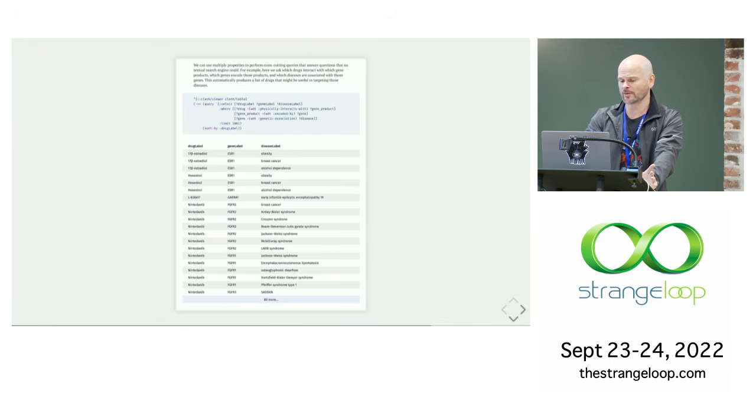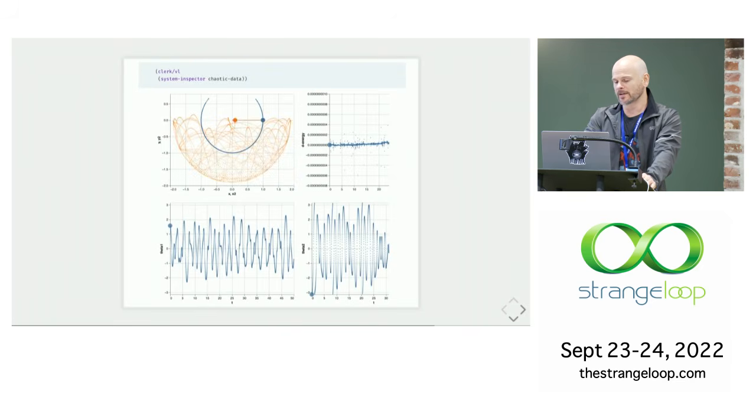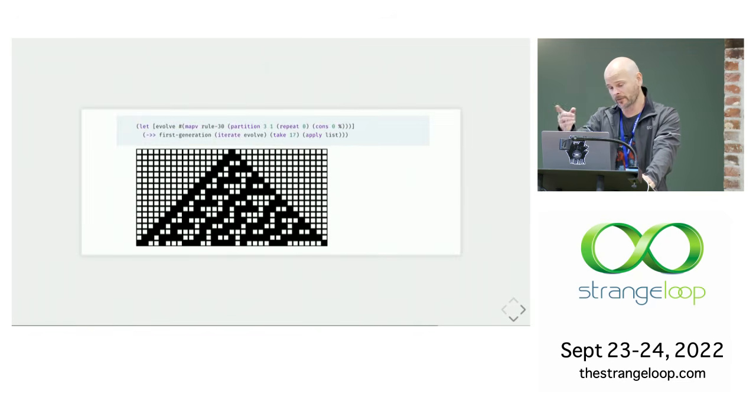If 20 years ago you would have told people that they'd be able to do a single query like this and find these kinds of things out, they would have looked at you like you had 2 heads. But here it is, and it's no code at all. Or this, which is a port of Sussman's Structure and Interpretation of Classical Mechanics library into Clojure that you can use inside of Clerk and then do things with physics, like real things. This is emulating a chaotic system, and you can't see on this, but you can actually grab sliders and move them around and change the state of the system, and in real time, it'll show you what's happening.